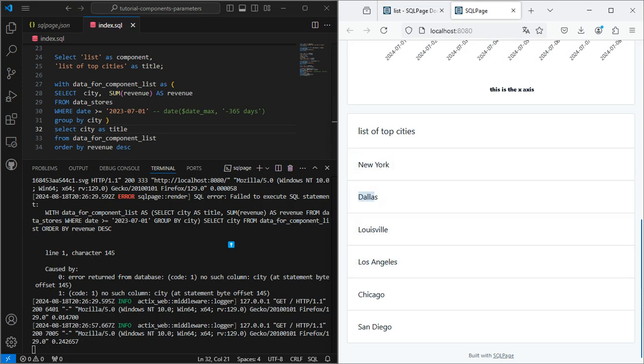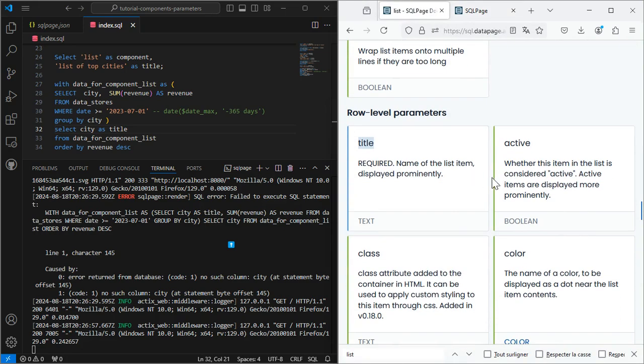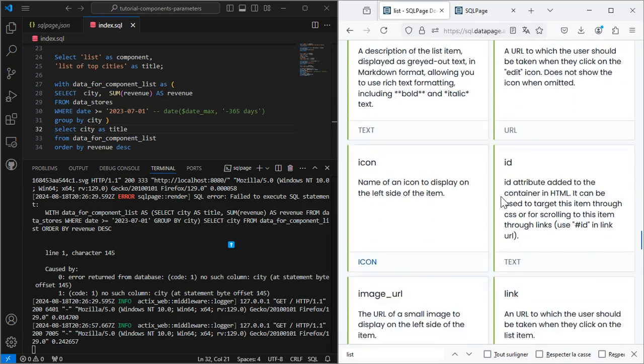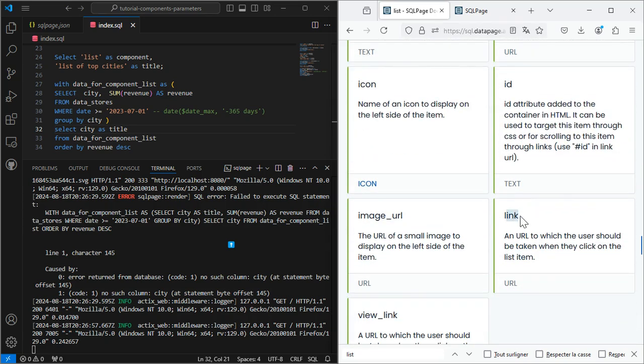We can go a bit further in terms of row-level parameters. When we check the documentation, we see that we can add some link. Let's say we want to add a link towards the Wikipedia page of each of these cities.